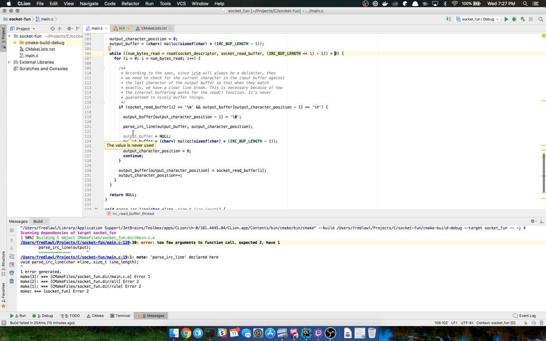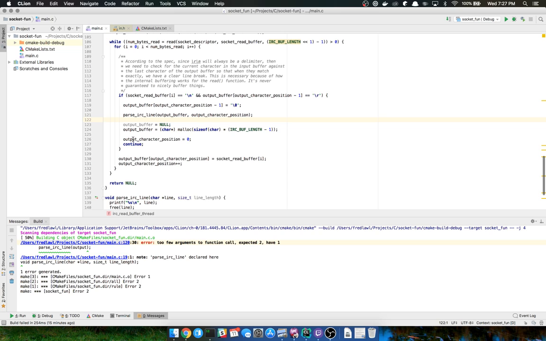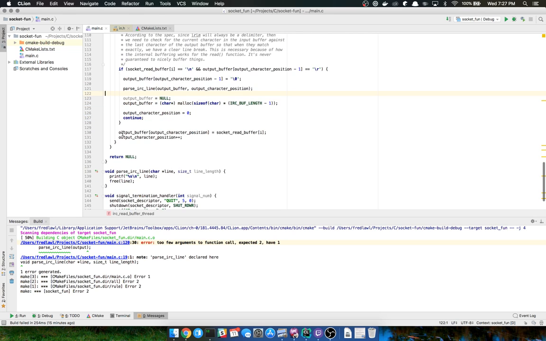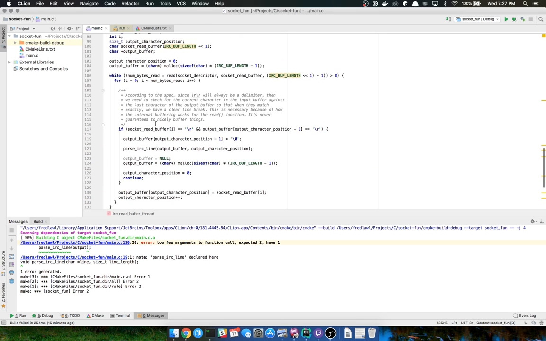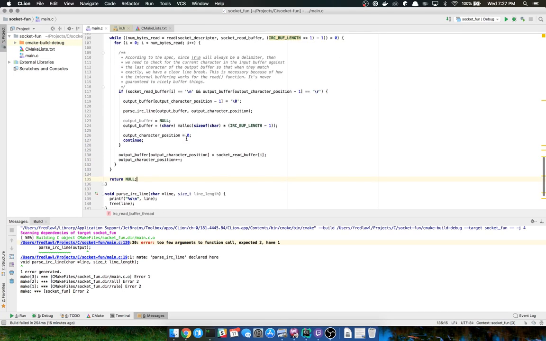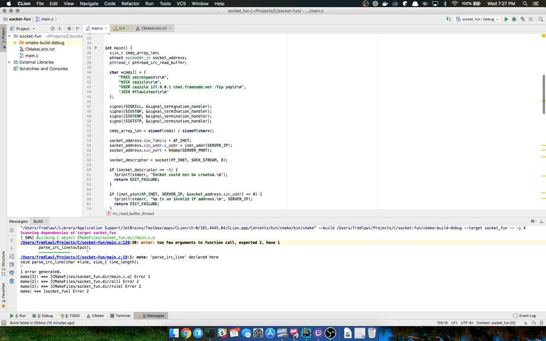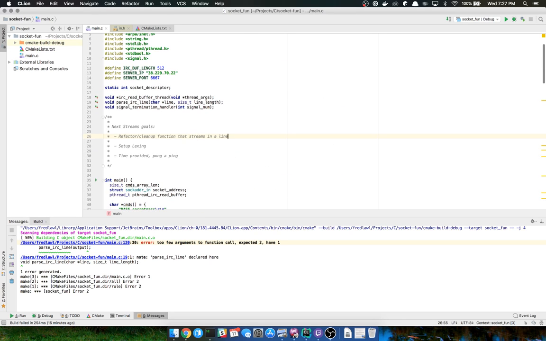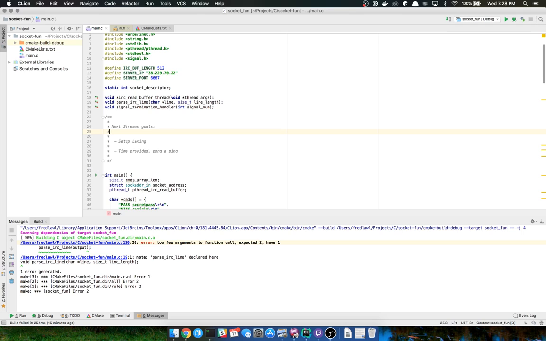So with that said, I'm just going to go through the remainder of the code here. Output buffer equal null, cool. To null that out, and then we're going to reallocate. Again, I don't care if there's no memory. Reset the character position back to 0, sweet. And then go ahead and read in the character, assign it, up the position, and return null when the thread stops execution. Well, sweet. That's that.